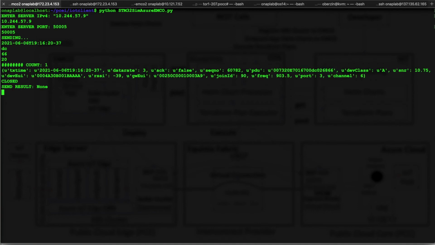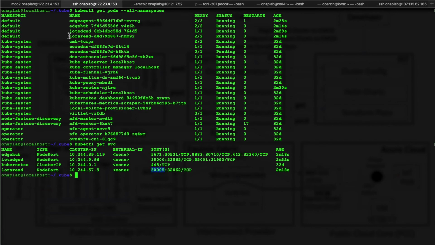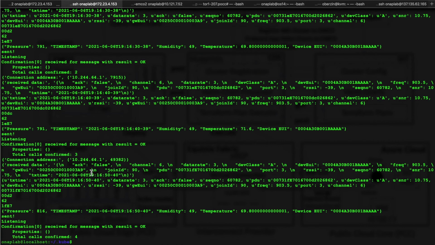So this is happening on the network side, so it could be happening behind the wireless UPF. In this case, it's just the access network, and you'll see here that the messages are encoded, and we'll look at the logs on the